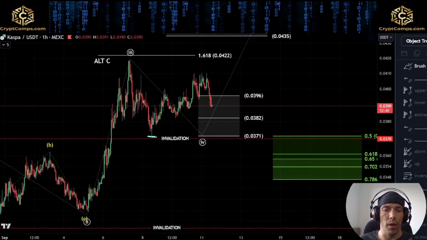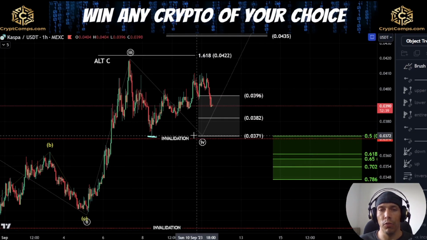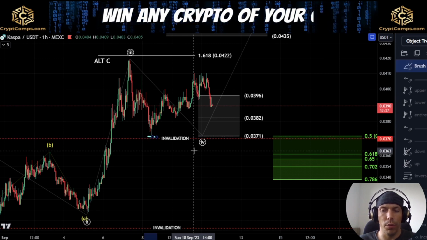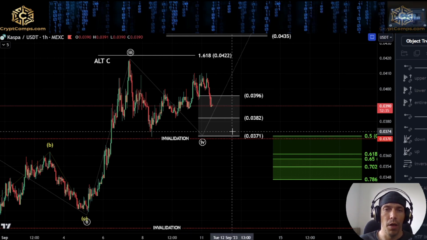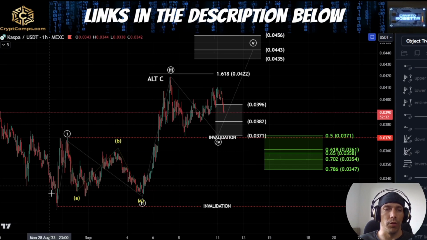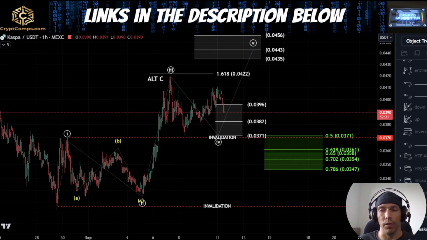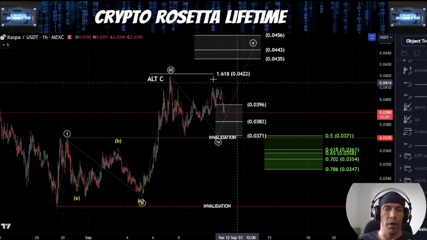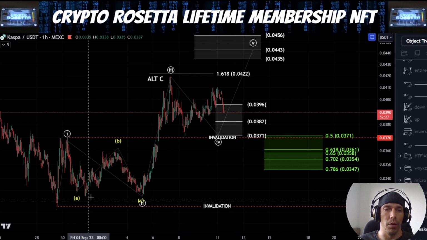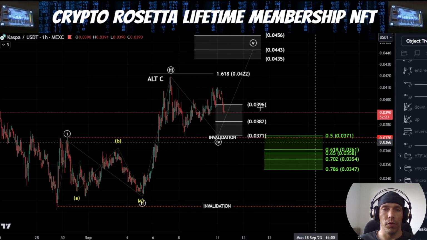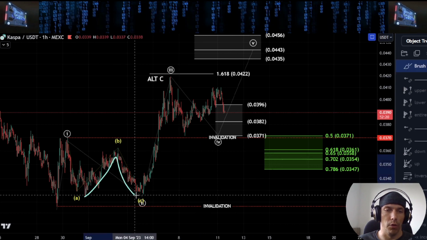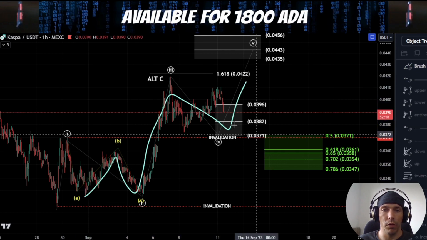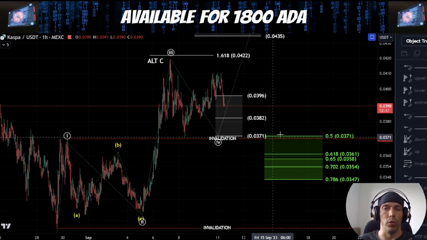If, however, we look at this just as a corrective move, it is possible that we could still be looking to come down here one more time before looking for that push to the upside. So we're going to go over these two different ideas here. So within the white fourth wave and the lower degree yellow fourth wave, we're going to go over in a second. There is also the potential, you know, this could be 1, 2, 3, 4, and 5. So we still have that possibility of holding this zone.